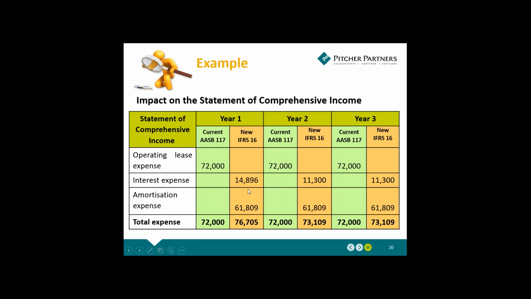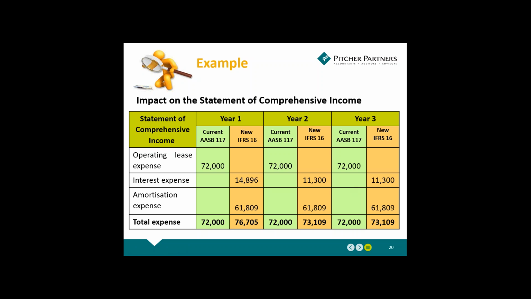So you can see that your interest expense, there's a big expense in year 1, and that expense is decreasing because we are repaying the loan, and as the loan or the capital outstanding decreases, your interest expense will decrease. Your amortization expense, or the amortization of your right of use asset, is evenly over the 3 years. The impact of this is that over the 3 years, you can see that your total expense is actually going down. The biggest expense is the end of year 1, and the lowest expense is in year 3.